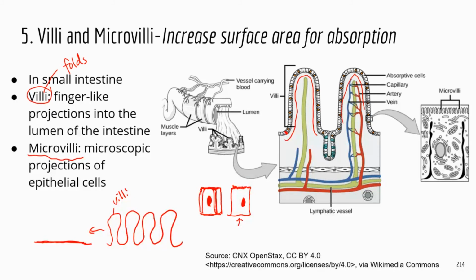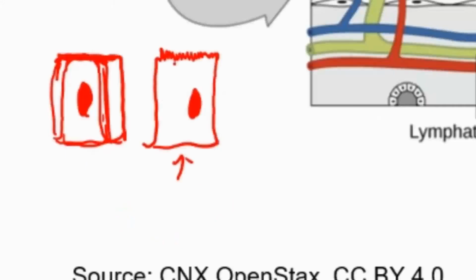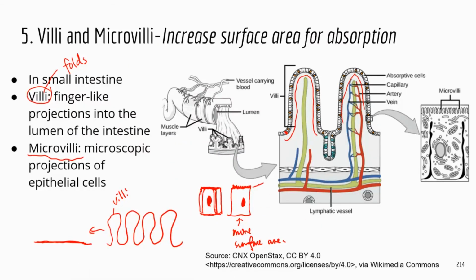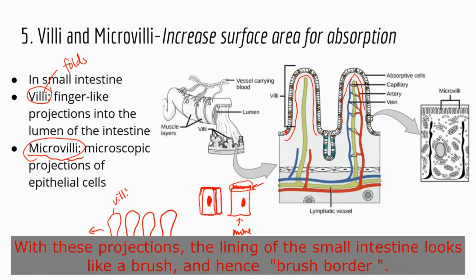All right. Now, if you have a flat surface as compared to the one with a little protrusion, a little extension of the plasma membrane, you can imagine this one is going to have more surface area, right? So these microscopic hair structures, those projections, are known as the microvilli. So basically, the microvilli are at a much, much smaller scale than the villi. Those are just protrusions of the plasma membrane of a single cell.